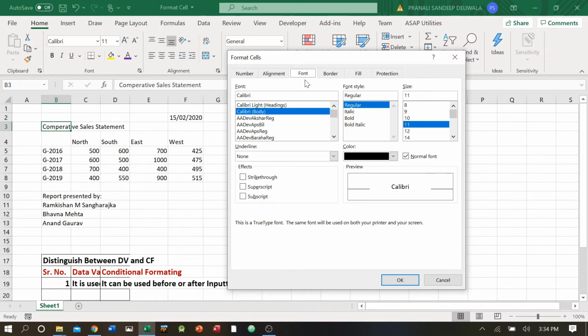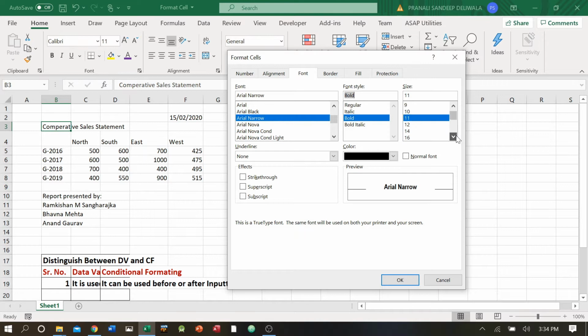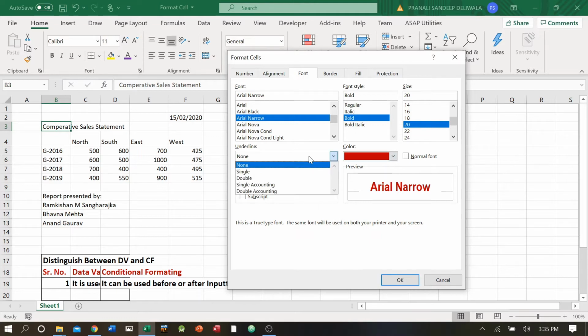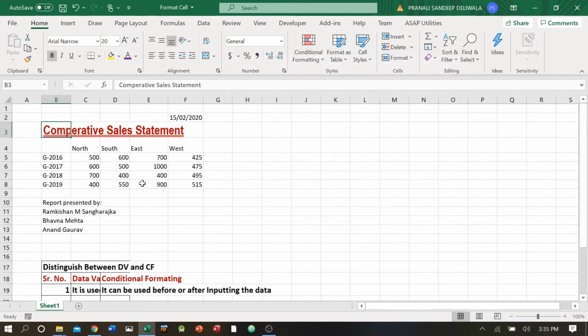Let us go one by one. So I'll start only with font. As you know, you can change any font from here. I'll go and just type here. I'll say Arial and I get Arial. I'll go for Arial Narrow. I'll take bold from here. I'll increase the size from here. I made it 20. I'll change the color to this one. If I want any underline, single, it will look like this. Double, it would look like this. I'll say OK. So this is what is formatting the font.